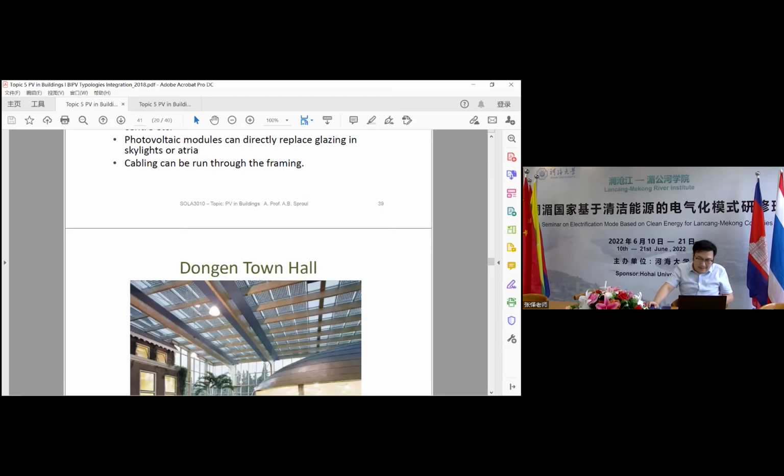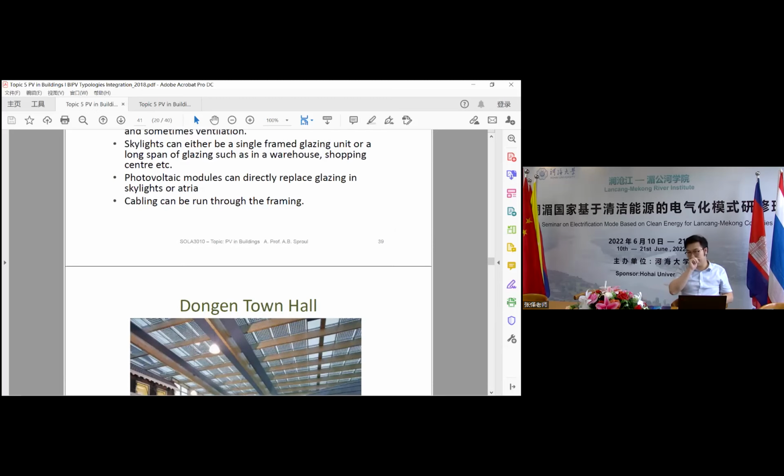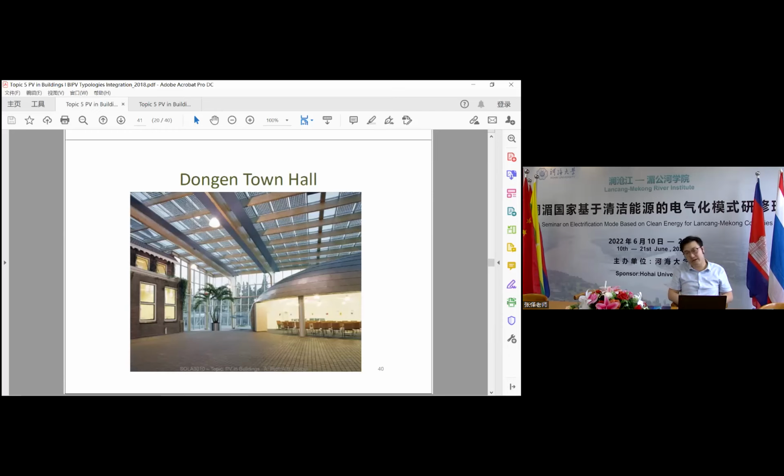As I said before, for a BIPV system, we're using the daylight for power generation. In terms of energy conversion, we convert the light energy directly into electrical energy, but especially in the daytime, we also need daylighting for interior lighting. So there is a trade-off in dealing with this conflict between PV power and daylighting. The solution is presented in this real project in the Dogen Town